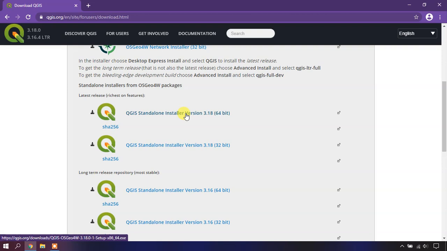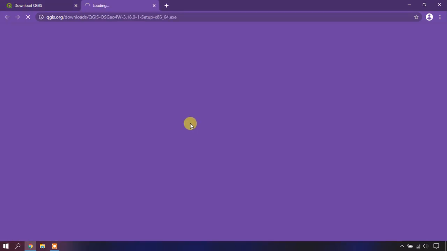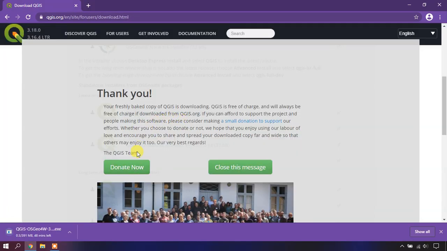Just click on it. You can see that the download has started automatically, and based on your internet speed, the download will be completed within an hour or half an hour, or earlier.